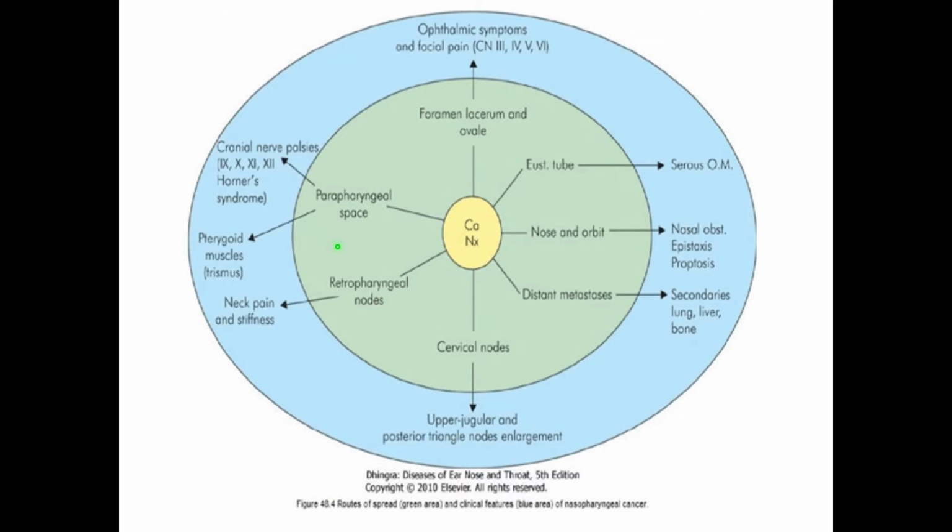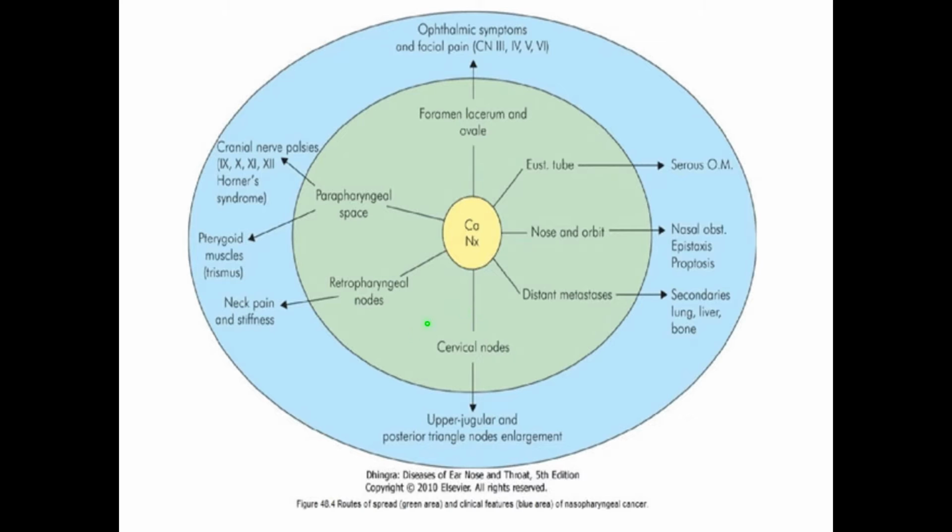If it goes into the parapharyngeal space, it can affect the lower 4 cranial nerves, that is cranial nerve 9, 10, 11, and 12, causing cranial palsy, hypoglossal nerve palsy, causing Horner syndrome, and if it infiltrates the pterygoid muscles, it can cause symptoms such as trismus. Now if it goes into the base of skull, into the foramen lacerum and ovale, it can cause ophthalmic symptoms and facial pain by involving the cranial nerve 3, 4, 5, and 6. Okay, that's the T